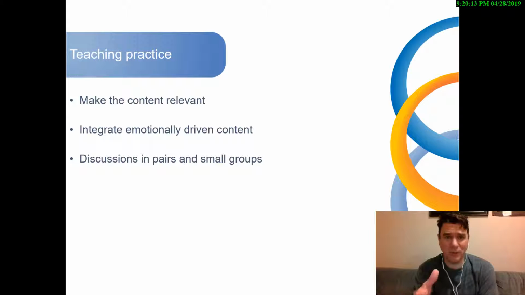Really just simple things, such as having discussions start in pairs, so to pair off students to talk about a particular exercise that we're working on, and if it's a bit of a bigger exercise, to have them in smaller groups, and then bring the discussion to the bigger classroom, and to be able to have the groups and pairs share. I find that helps with engagement better than just doing an exercise where it's more just open to the group.